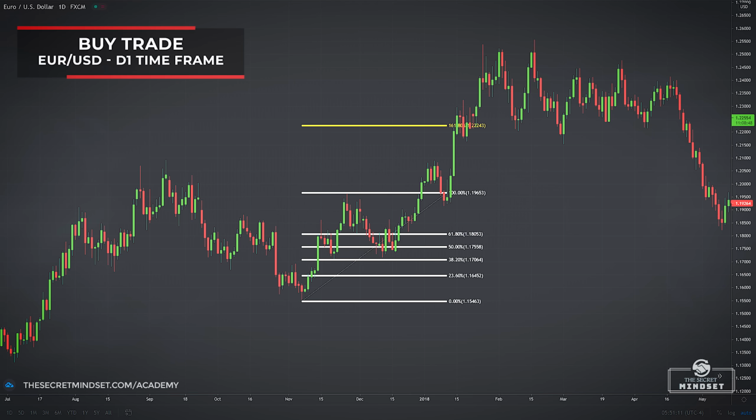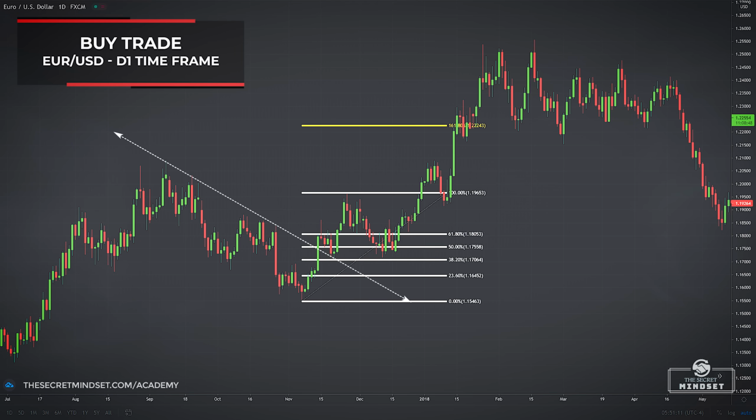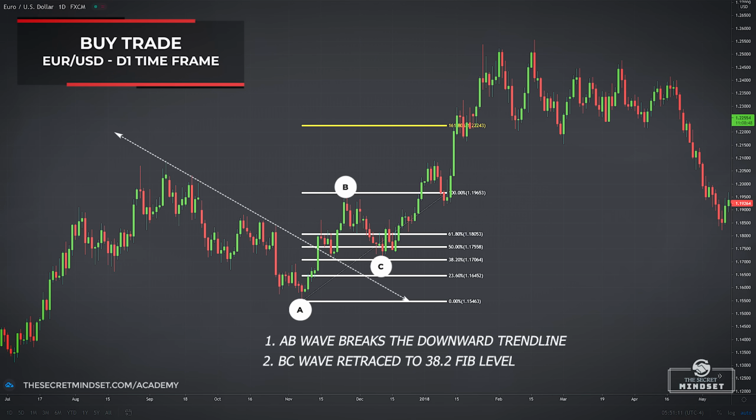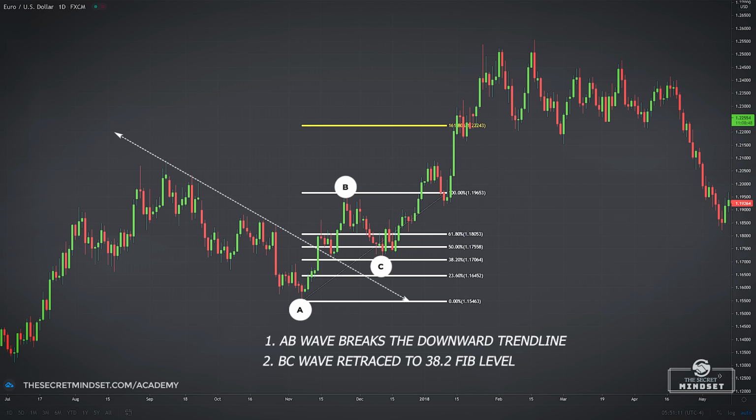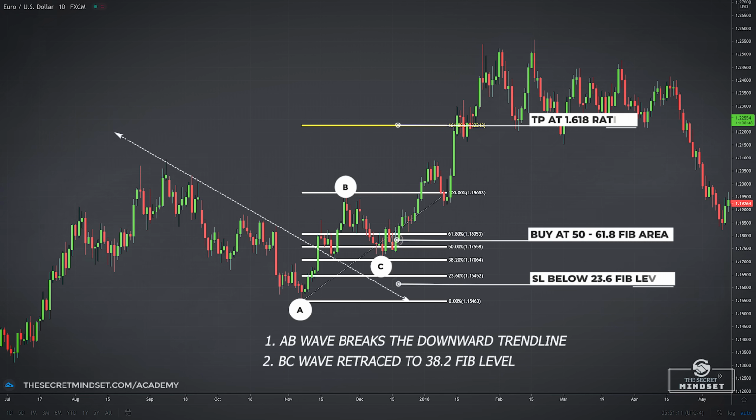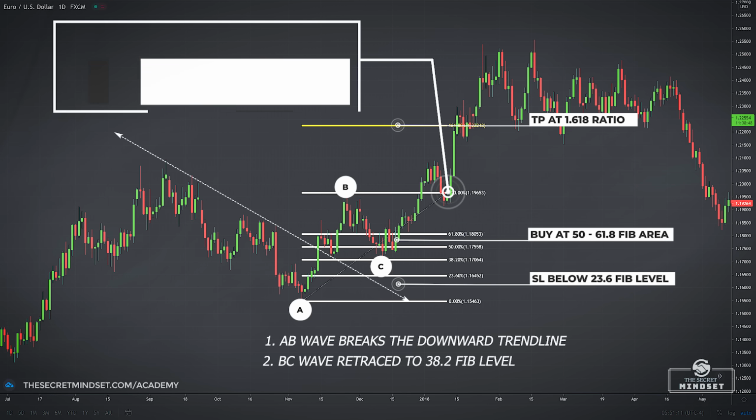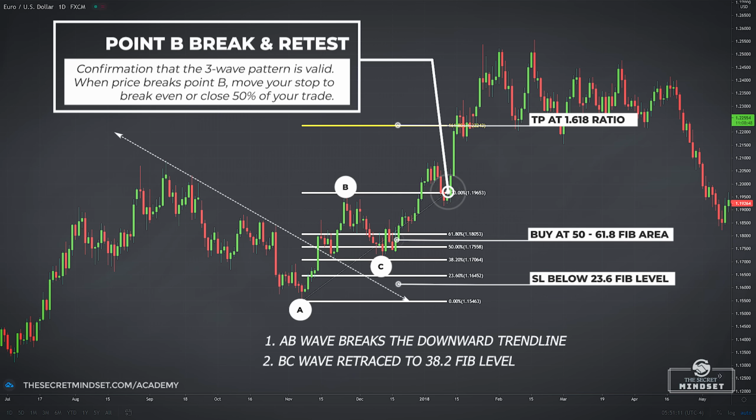Another long position, this time a continuation trade. Here's the trendline breakout, with the AB wave as the first impulsive move. Price retraced more than 50%, remember, almost reaching the 38.2 level. We enter at the 50% level, with a stop loss below this area and targeting the 1.618 ratio. Observe once again that after price broke the point B, that level became a support area. Price retested the level, new traders entered the market and took the price to our final target at the 1.618